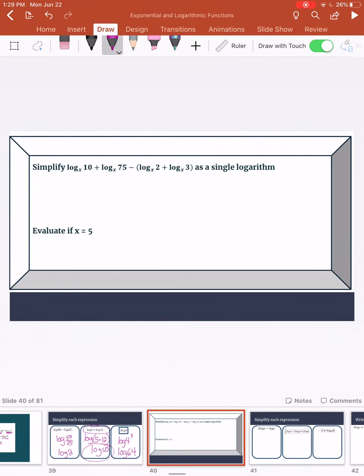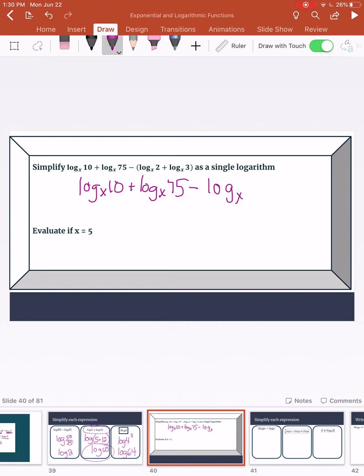All right. Now we get into a little more complicated of a problem. So it says simplify the following expression as a single logarithm. So always go back to your BEDMAS laws. So as soon as I see those brackets, I'm going to start there. So I have log x 10 plus log x 75 minus,